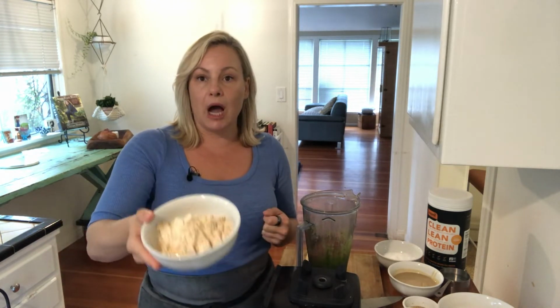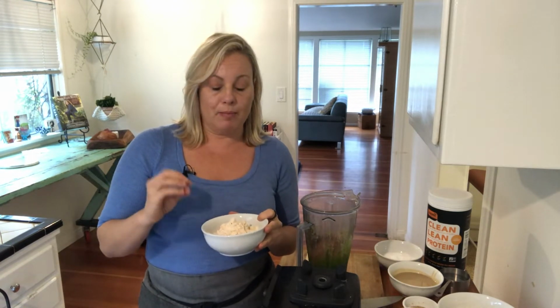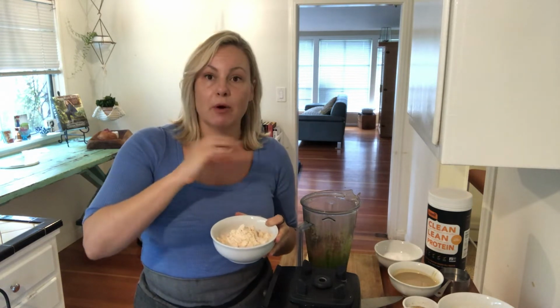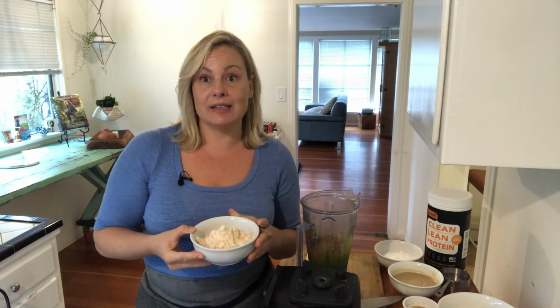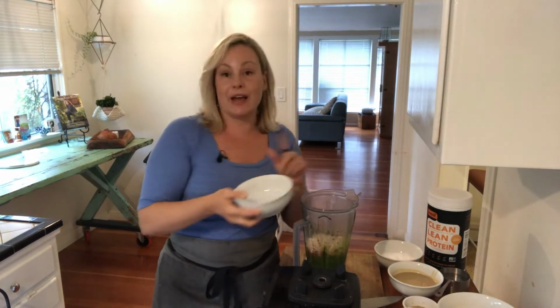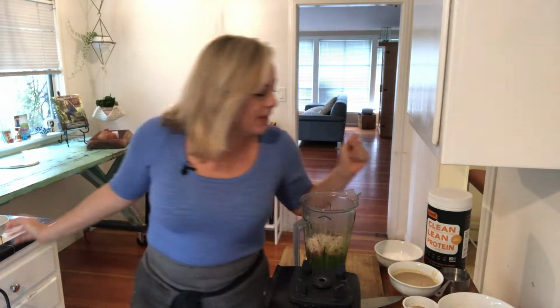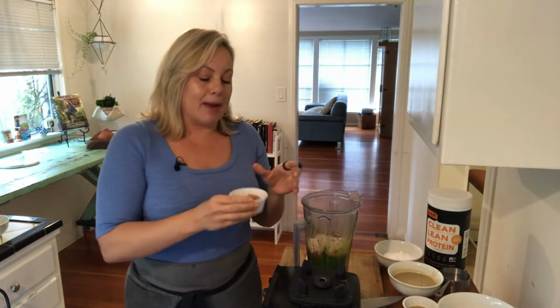So I've got 1 cup of protein powder here, and this protein powder is basically gonna be my flour substitute. So we're already loading up this brownie with a tremendous amount of protein. Peas are also a sustainable crop. This is a GMO-free protein powder, and it just adds that extra dietary fiber to our diet. All right, so I'm just gonna put that in there. So that's our flour, okay? Then I am gonna add some cinnamon. I'm gonna add baking soda, a little pinch of salt, baking powder,